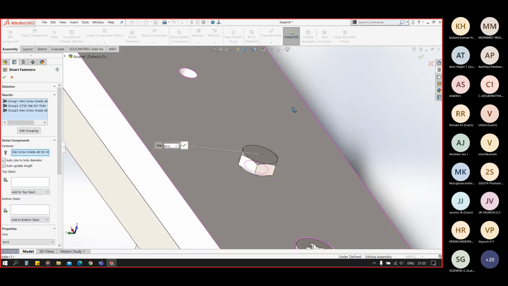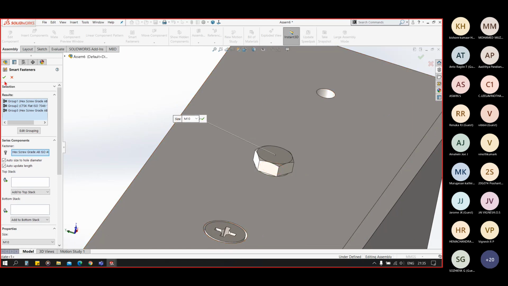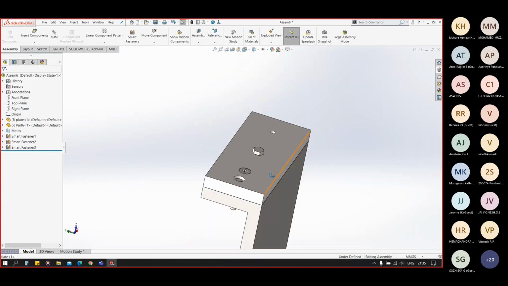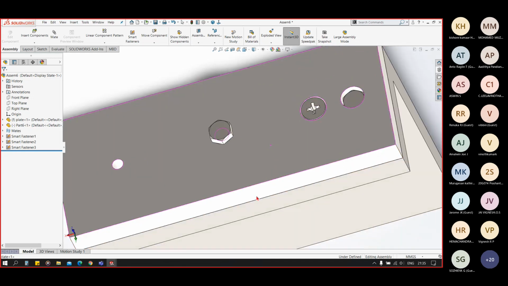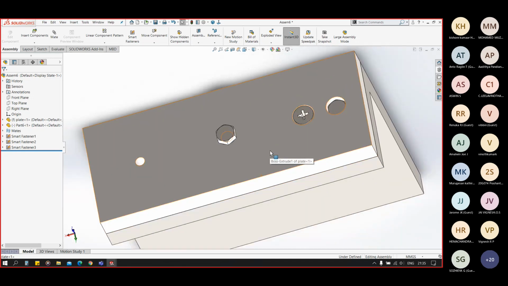Now you can see we have changed our bolt type. When you click on OK, it will finish. So the smart fastener usually does that. It adds the nuts and bolts to your predefined hole, but for that you must create a hole using the hole command.